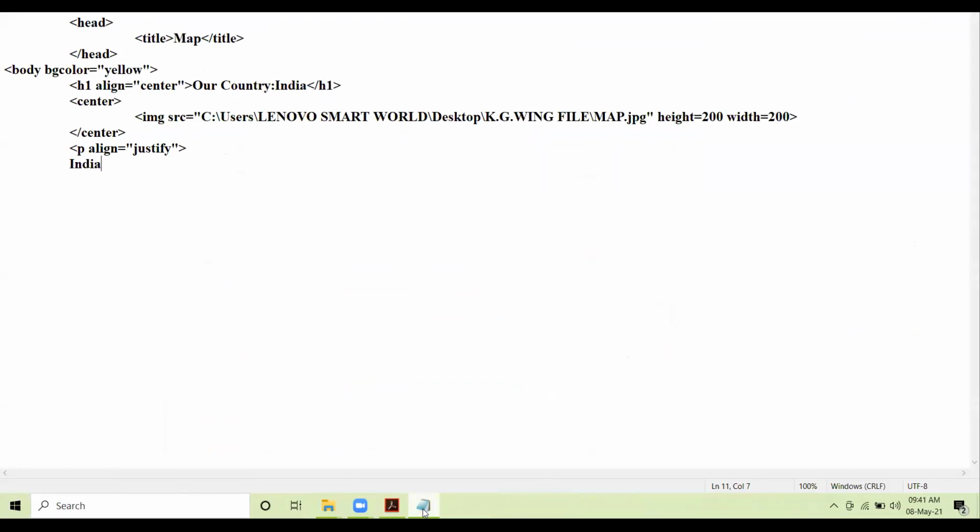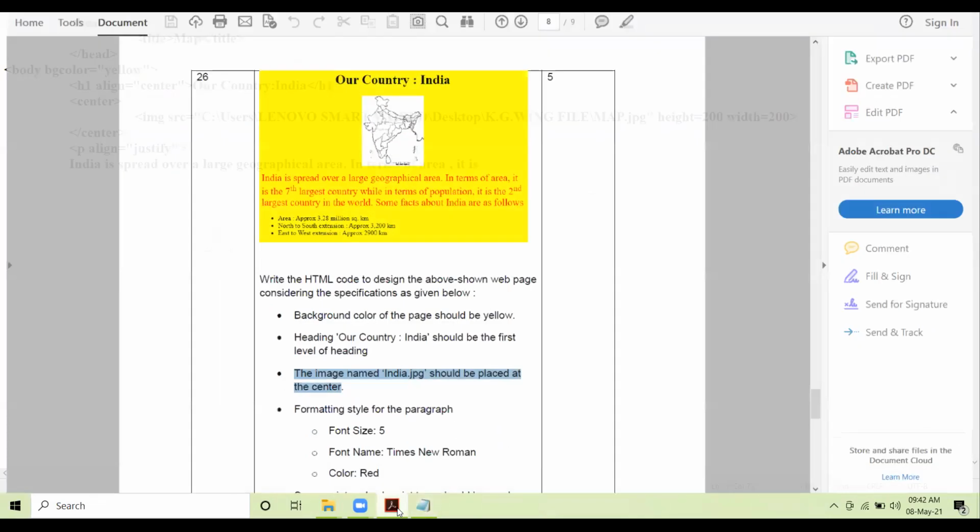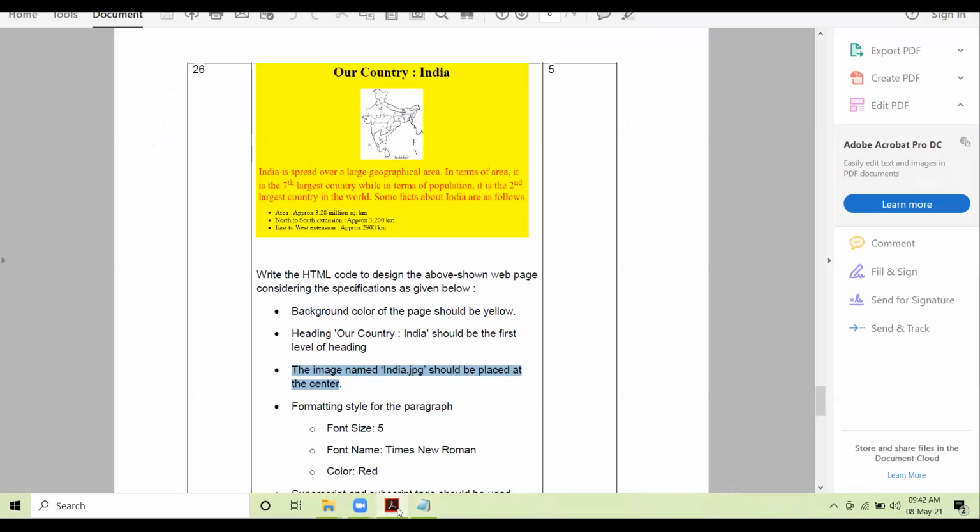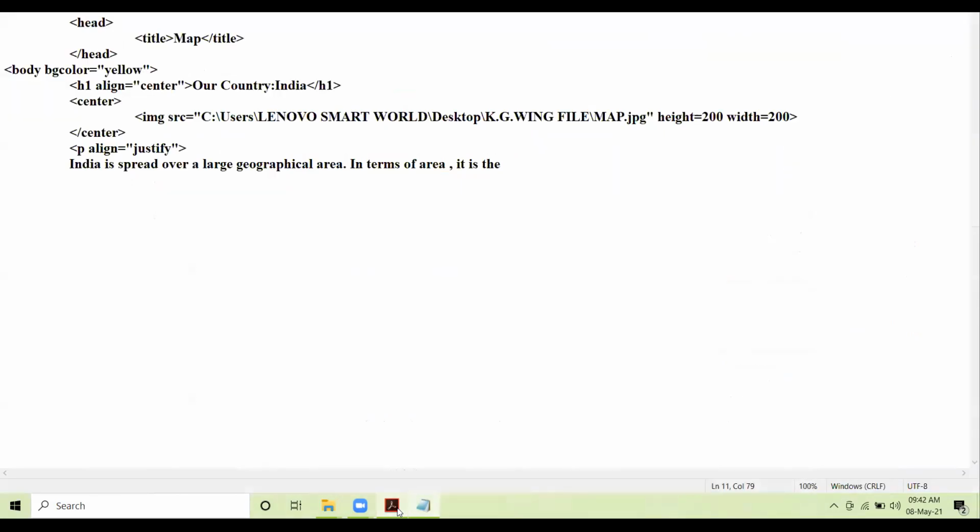In terms of area, it is the 7, superscript tag, TH, superscript closes, largest country.